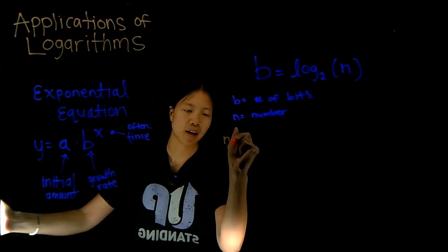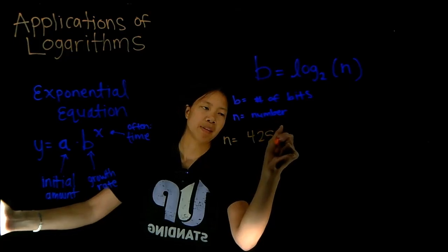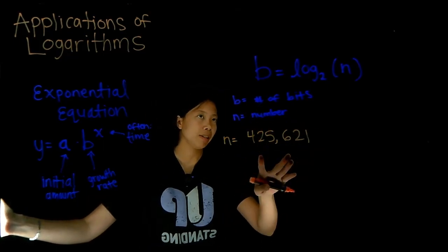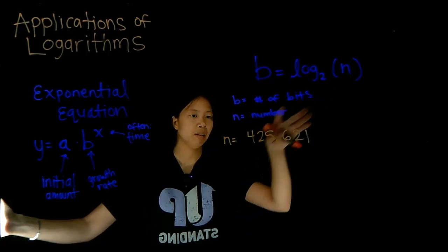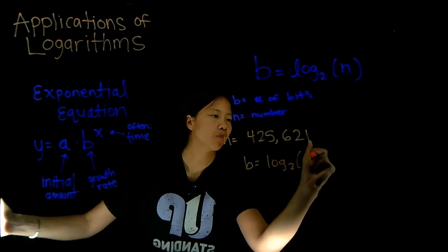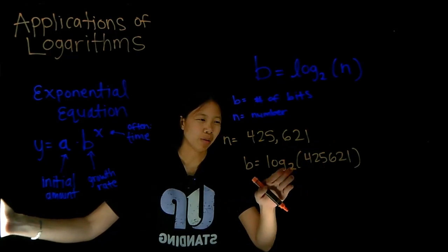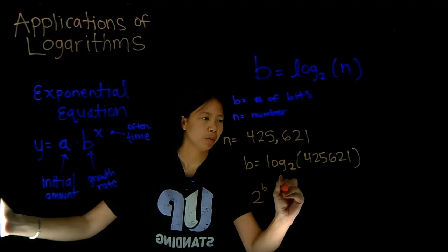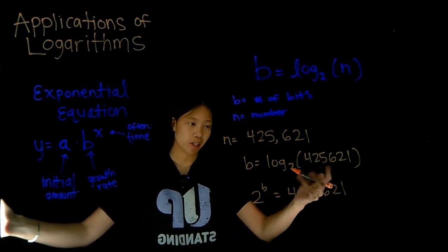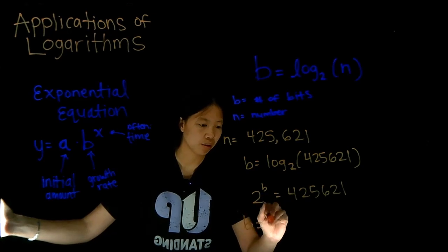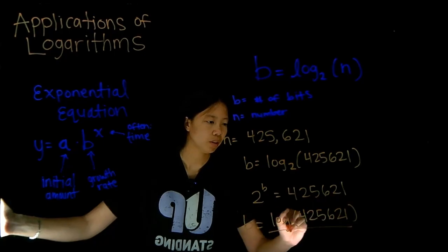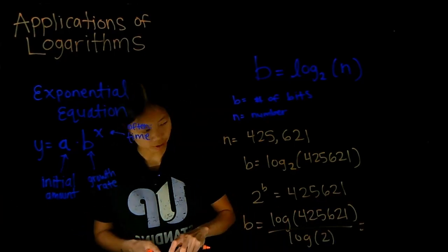So let's say our n is 425,621. If I want to know how many bits are needed to encode this number, I can just substitute in my number for n. So now I have b equals log base 2 of 425,621. So I want to know 2 raised to what power would give me 425,621. I can use my change of base formula, so I know that b equals log of 425,621 over log of 2, and that can give me a number. This gives me about